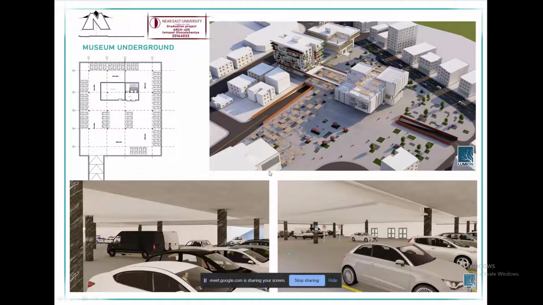So moving to my plans, the first one, the underground plan of my museum, I did choose to have two entrances for my project. The first one is from there, which is for the